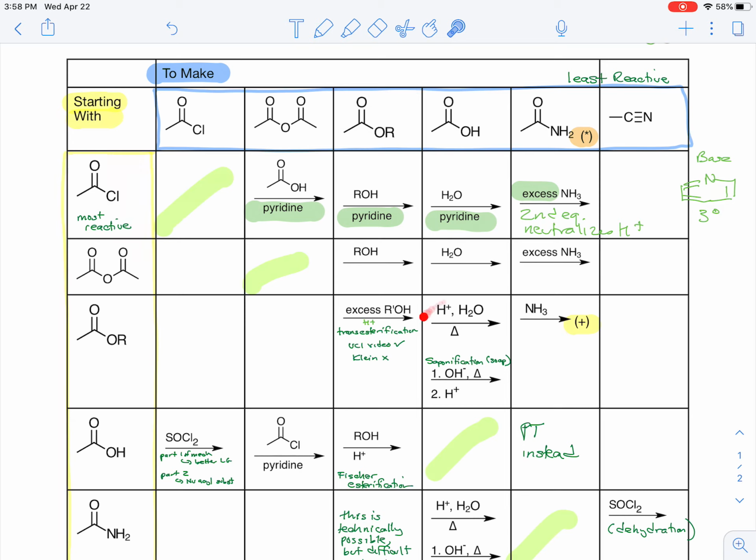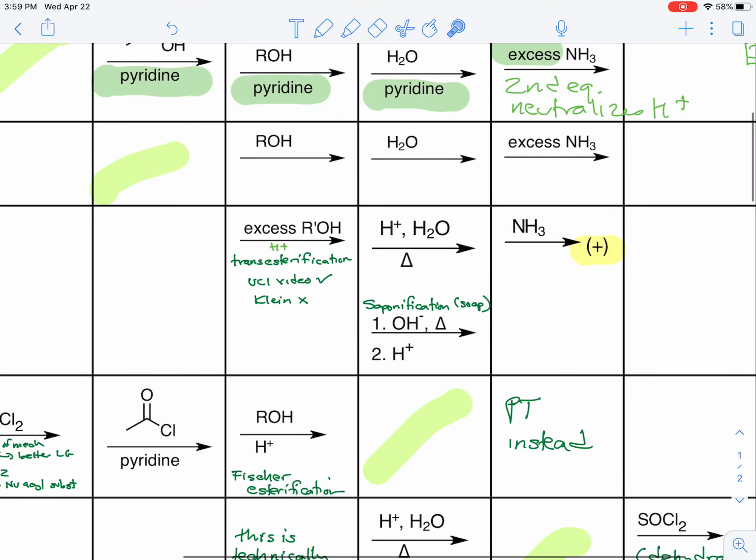So esters, we can hydrolyze to carboxylic acids, and we can do that either in acid or in base. So we're now entering the realm of the less reactive carboxylic acid derivatives, and they need help. Either help in the form of an acid to protonate the carbonyl oxygen and make the carbonyl more reactive, or help in the form of doing the reaction in base,